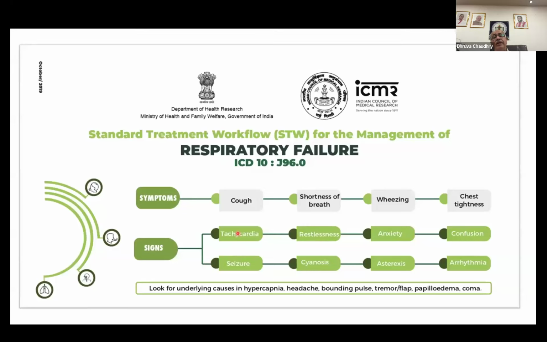What you see commonly starts with an increase in respiratory rate, which is the most important clinical sign. Unfortunately, people don't look at it. Pulse rate, BP, everybody sees. Please give due emphasis to respiratory rate. Along with it, you will see restlessness, anxiety, and confusion. Another very important clinical sign is increased work of breathing. When persons are feeling breathlessness, you will find that nasal flaring is there.